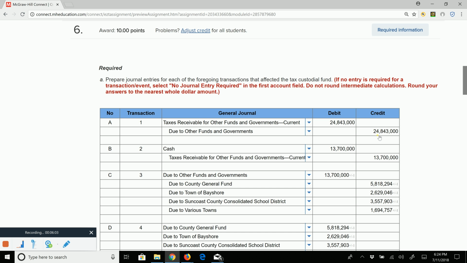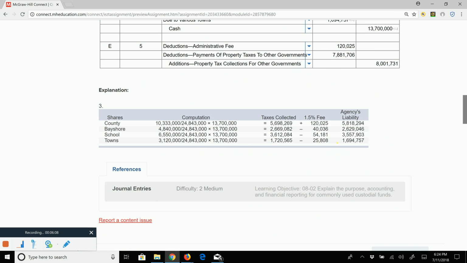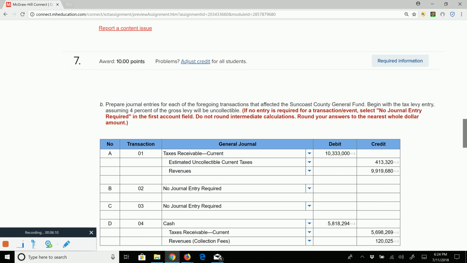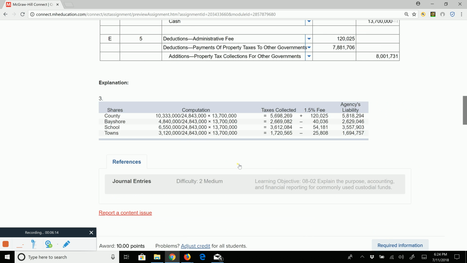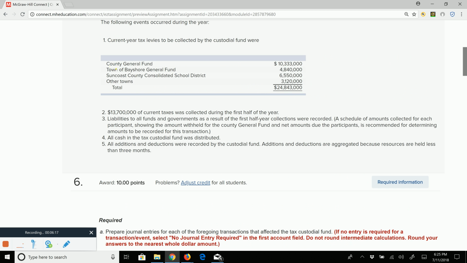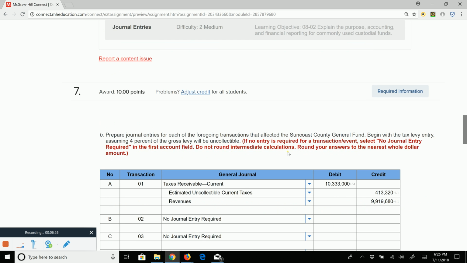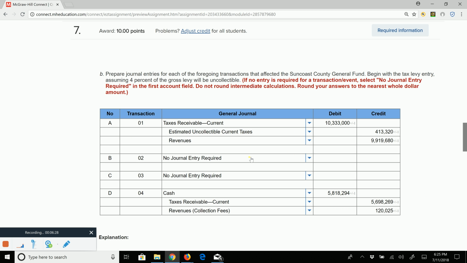While that journal entry is recorded in the custodial fund, let me show you the journal entry on the county's general fund. All right, so in the county, if we come back up to that list, how much of the taxes are theirs? And I'm highlighting it here, $10,333,000. So when the property assessments go out, the levies go out, the general fund is going to debit taxes receivable for the full gross amount,